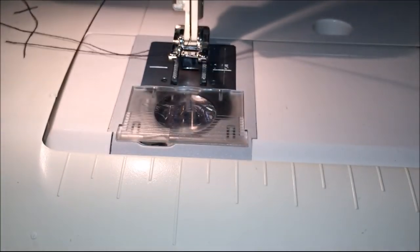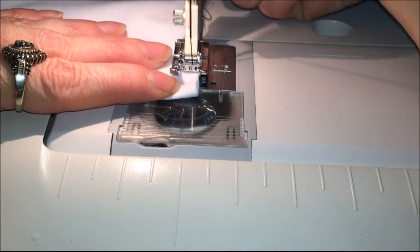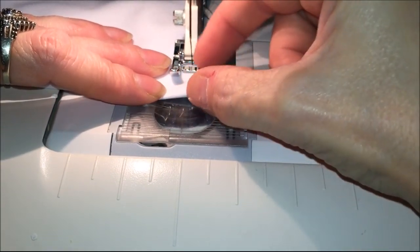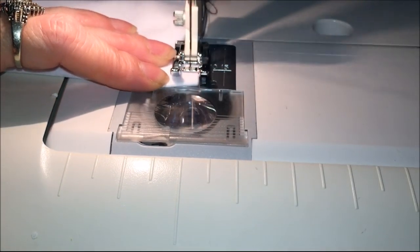And now I'm going to cut my threads. But I'm going to go back to this PUL, okay? I'm going to flip my cotton up because I want to sew just about 3/4 of an inch. Just a little section here. And I'm going to back stitch,